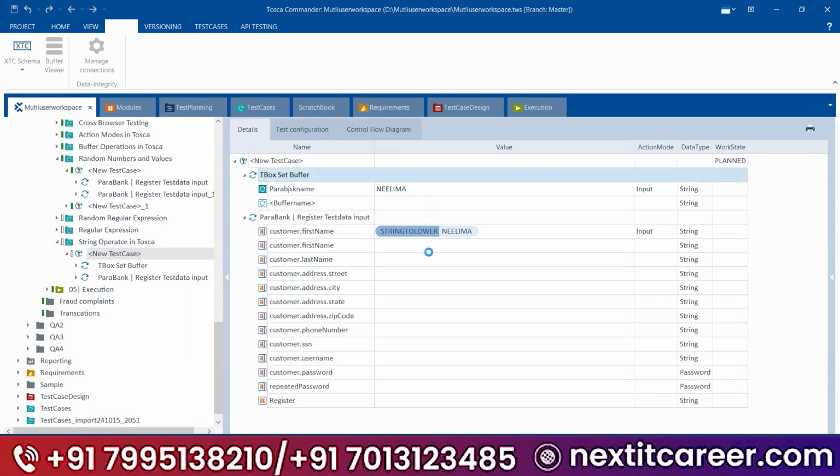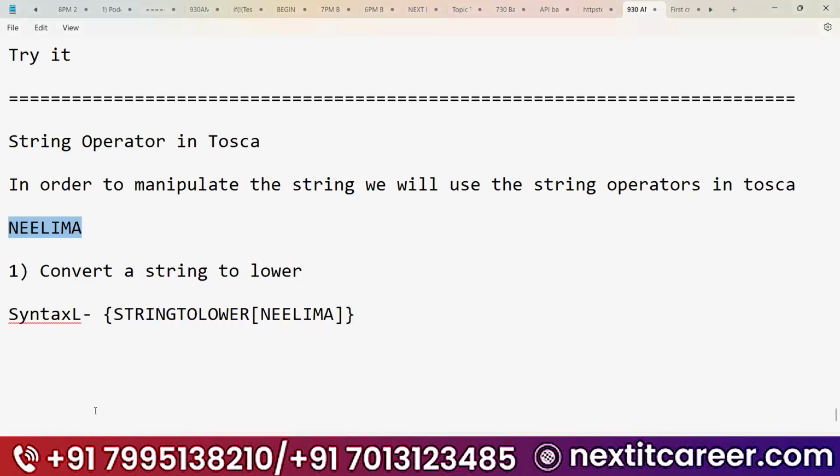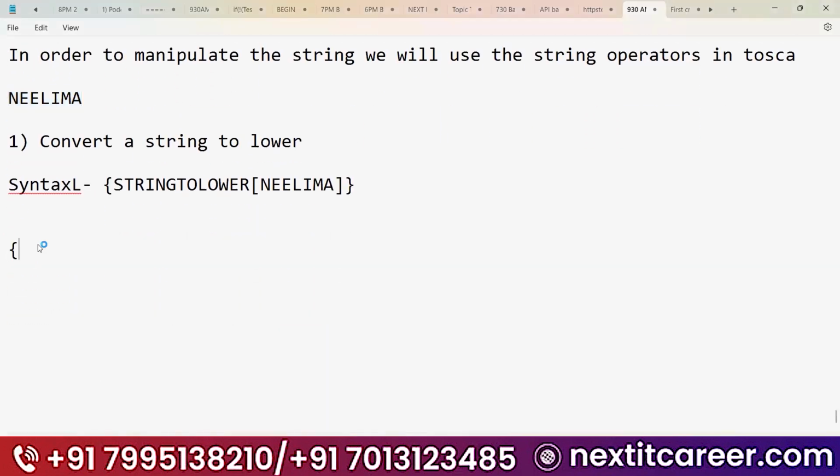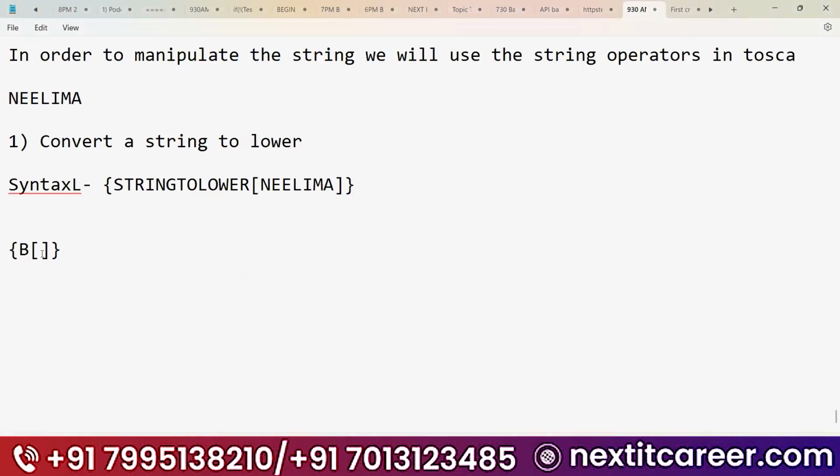Now you can use it like this. Just copy this one and paste it over here. See guys, when you are writing it, try to divide and rule. Again, I'm telling you: what you want, say curly bracket, capital B, close the bracket and close curly bracket. And this is the buffer name. So some buffer name, just cut it.